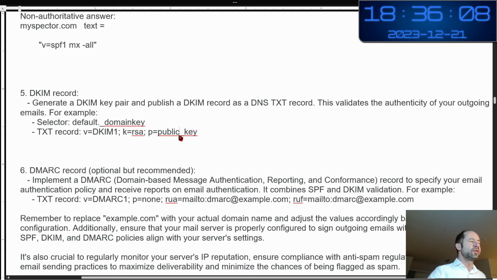So what does it mean? I will use OpenSSL to generate a public and private key, and by putting a DNS record with my public key, I will guarantee the authenticity of my outgoing messages, because they will be encrypted with my private key. And we will go to the mail server, where there is an entry to put the public and private key.